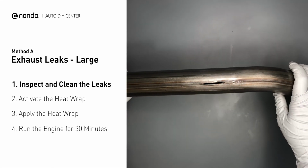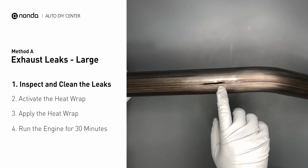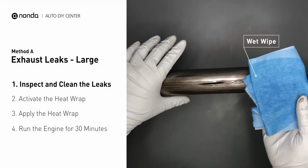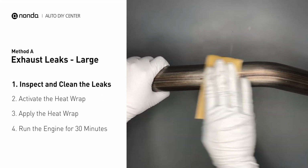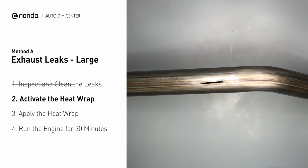Exhaust pipes are made out of rolled steel, and there is a welded seam on it. Like this one, the seam will often rot a large leak. First, get sandpaper and a wet wipe to clean the leaking area for better application. Get the heat wrap out